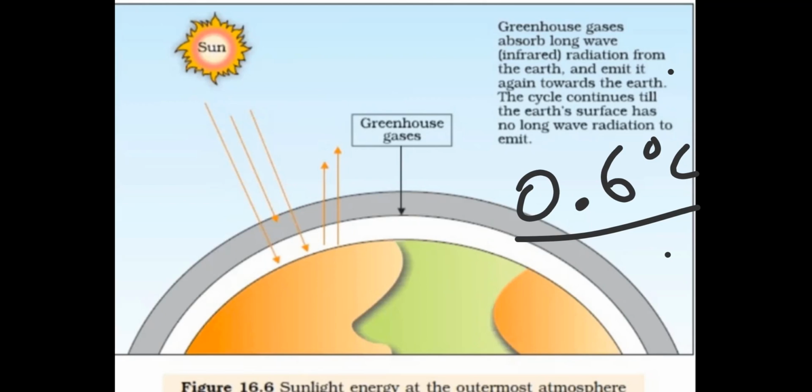So CH4, CO2, N2O, CFC, these are the greenhouse gases. And the amount, the percentage of greenhouse gases increases in our atmosphere. So they trap more and more radiation and emit it back to the Earth's surface. That's why Earth's temperature increases. And when it increases too much, it leads to the melting of the ice caps. Melting of the ice caps we call global warming, right?